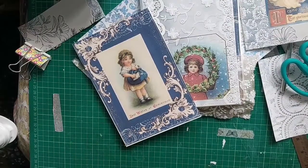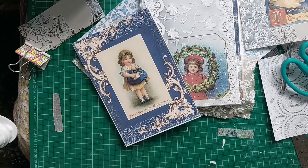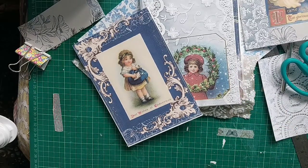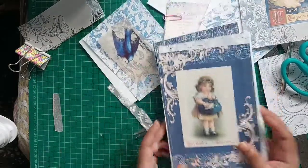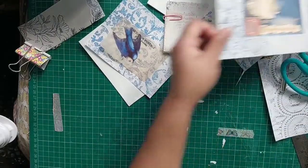So I'm back after stitching everything down, the bigger pages. Just let me take my chair. Incidentally, my chair is broken and I need to get it fixed, but anyways,